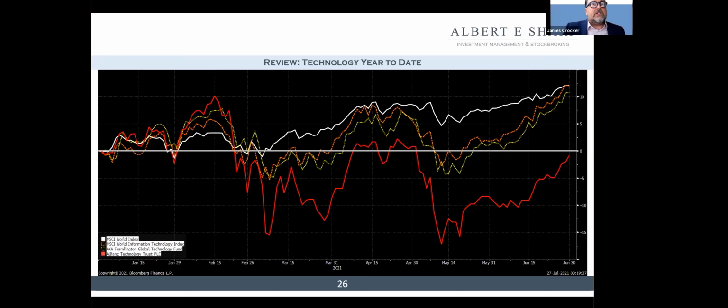The white index is the world index. This is what we're trying to beat. And as it happens, we've fractionally missed it. I put the red line in there, which is the Allianz Technology Trust, an investment trust. This is really one of our favored holdings in the sector. But the problem is